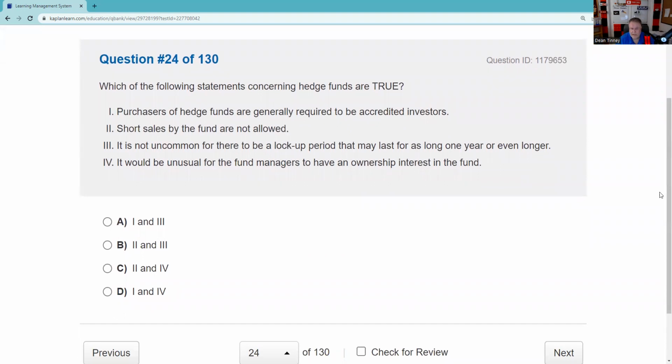Which of the following concerning hedge funds are true? Purchasers of hedge funds are generally required to be accredited investors. That's true. Hedge funds are organized as private placements. And remember, private placements under '33 are a safe harbor and exemption, right? Reg D. And that means you have to have $1 million net worth, exclusive of your primary residence, or $200,000 in annual income with the expectation of $200,000 in income this year, or, married and filing jointly, $300,000 for the last 2 years with the expectation of $300,000 this year,